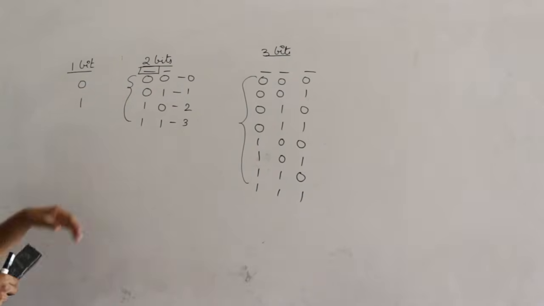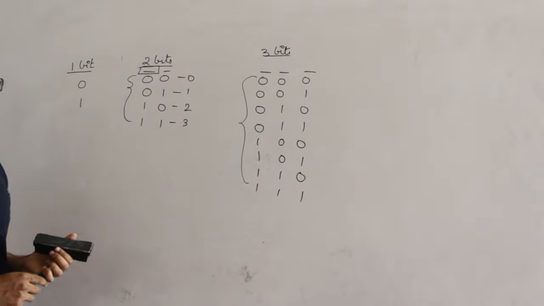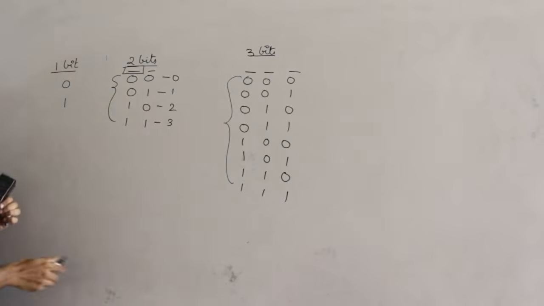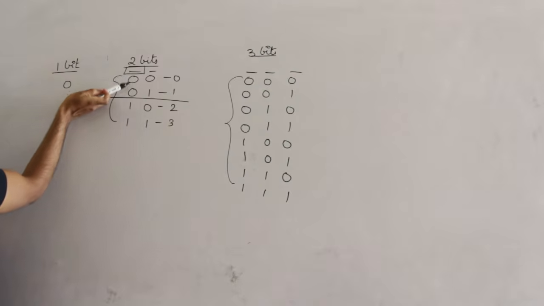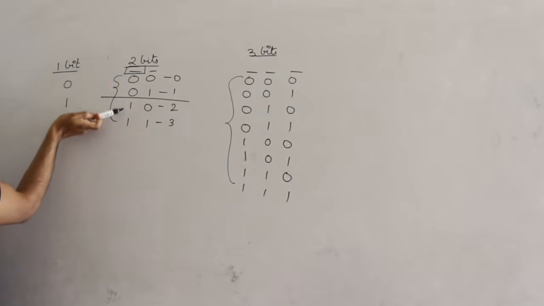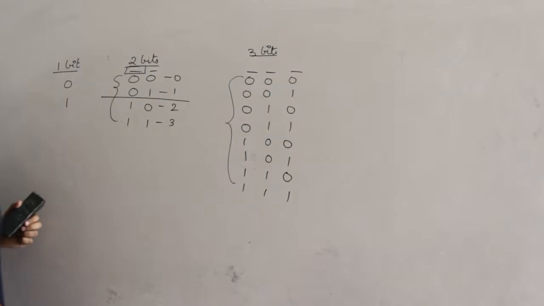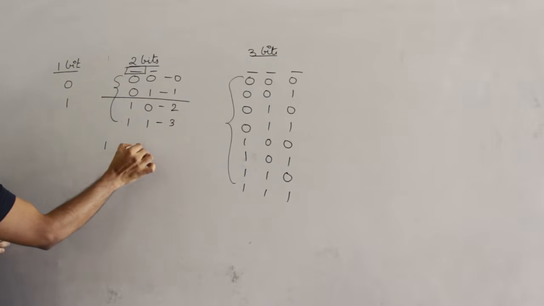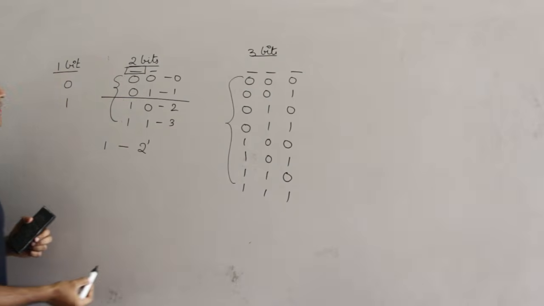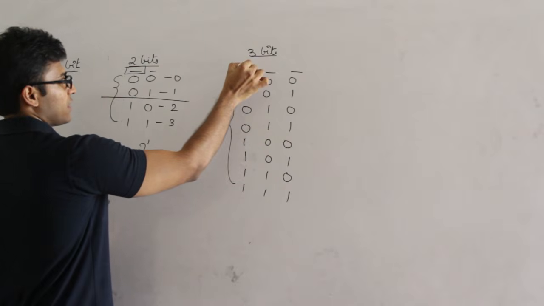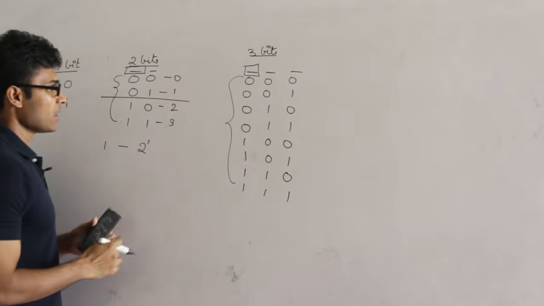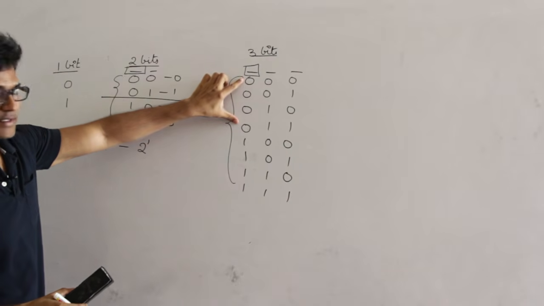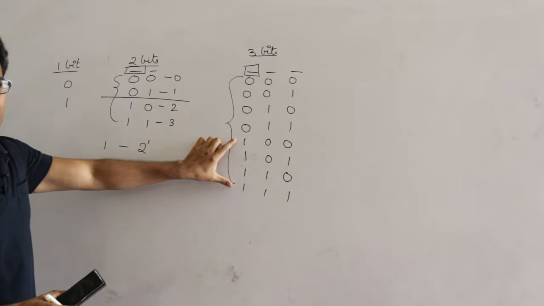It turns out that we could divide this entire space into 2 parts, isn't it? If I choose one bit, I am dividing the entire space into 2 parts. One part contains all zeros in this selected bit, and the other part contains all ones in the selected bit, isn't it? Now in this space also, just check it. If I choose one bit, the first bit, I'll be dividing the entire space into 2 parts. One space will be having zeros in the selected part, and the other space will be having ones in the selected part,